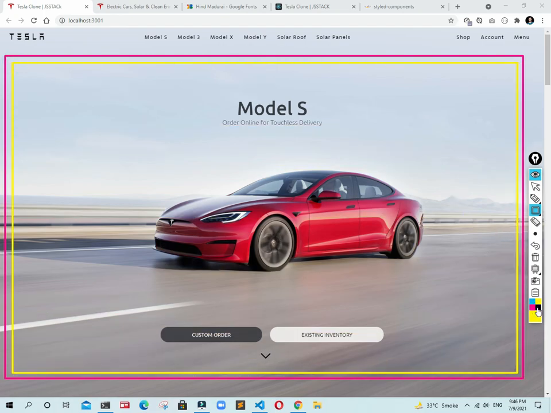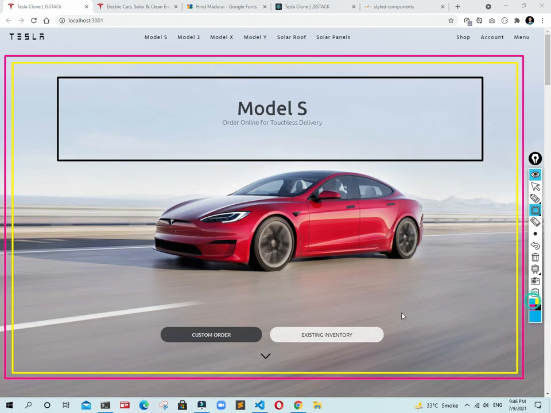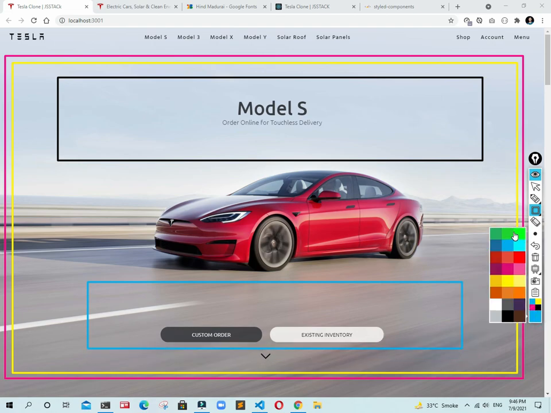Inside this container we have these item tags, and just after these item tags we have these groups, and after these groups we have one more thing, this icon. It is the structure of our website.